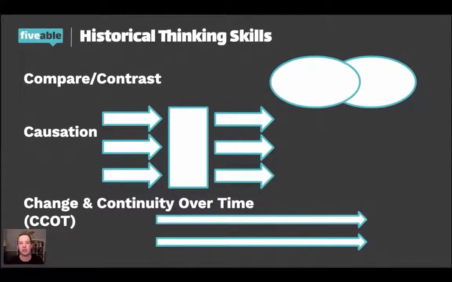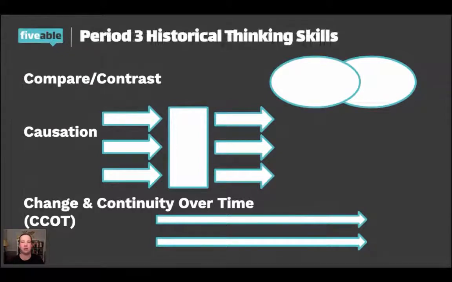Next is causation. And as you can see with the arrows there are maybe 3 factors in this scenario, let's just say because there's 3, that influence the rectangular event. And then there are 3 things that come out of that event. So it's a cause and effect that are going on there. And then we have CCOT, change and continuity over time. The change is how are events changing as the timeline moves, and then continuity, what things are staying the same as the timeline moves. These are the exact same historical thinking skills we're going to be using for period 3,